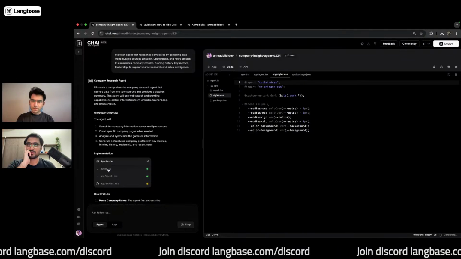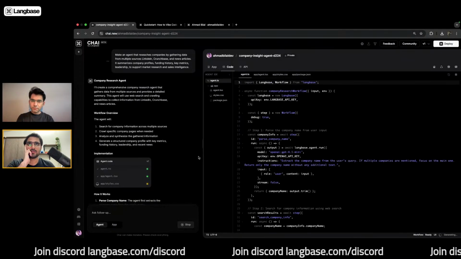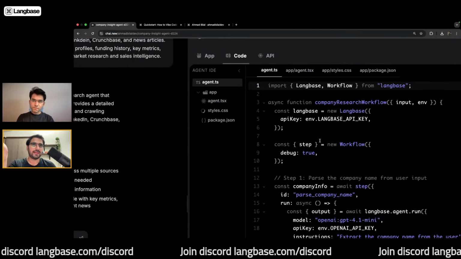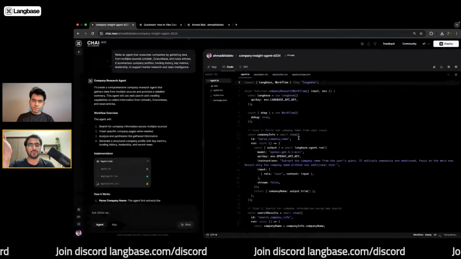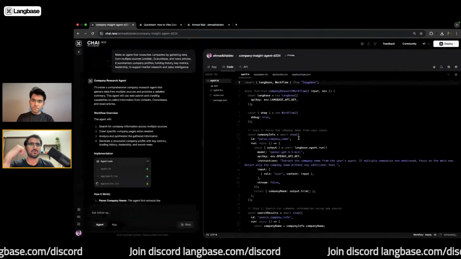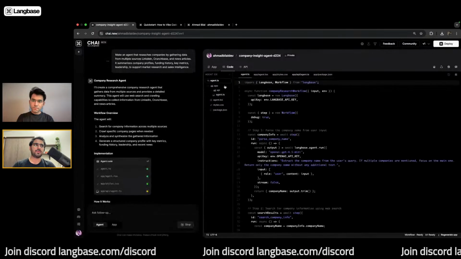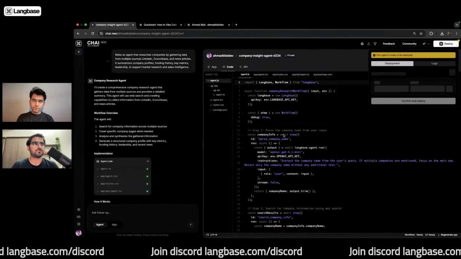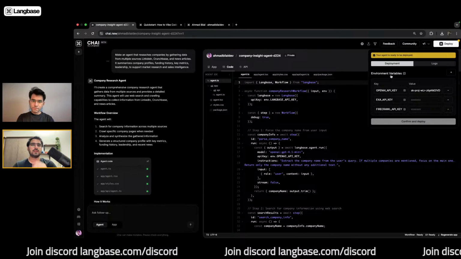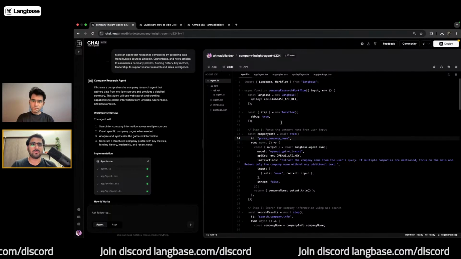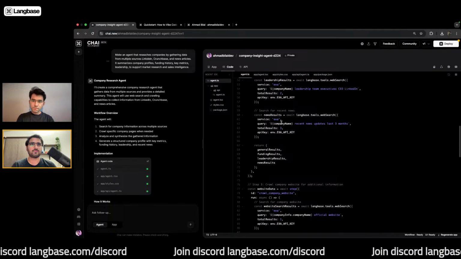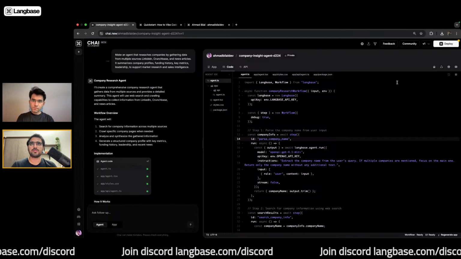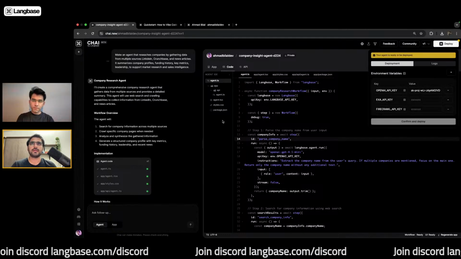Now, in the agent.ts file, this is where the heart and brain of the agent lives, and it's going to use the language AI primitives, which are A, serverless, and B, scalable, and they are the reason why this is possible. So it's going to use the language AI primitives to build a workflow for our agent, and we'll do a deep dive in this code later. So all the code files are ready. Let me quickly differentiate between them.